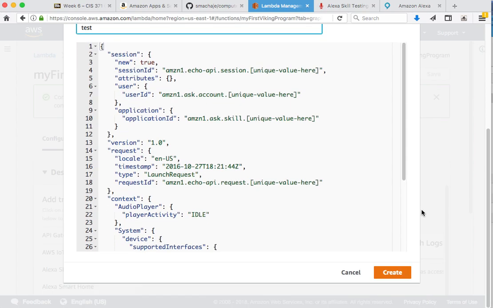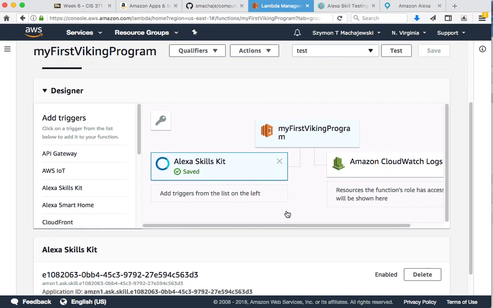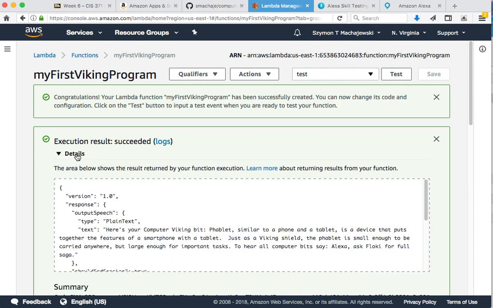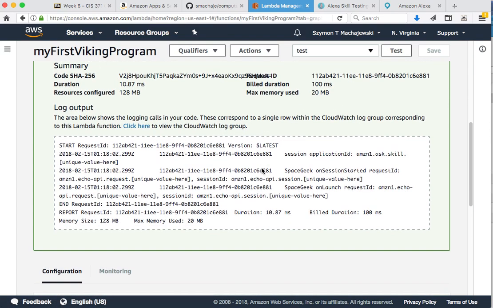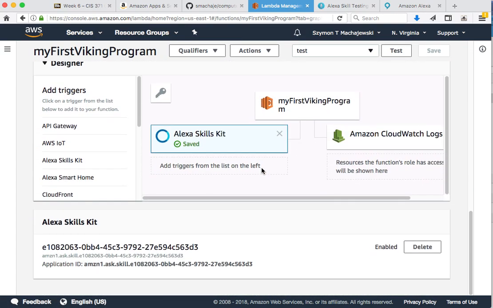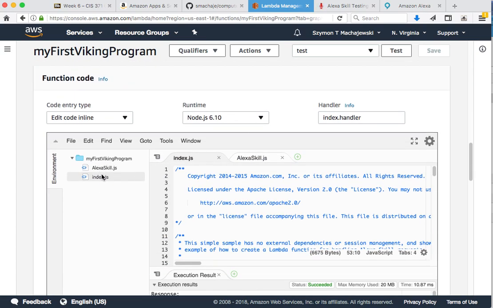Let's call that test, and this test event will be then at the top of the function, and when you press test, basically these green marks on the left tell me my syntax is fine, and when the Alexa service actually calls this function, things should work. And so this at least gives me confidence that my code, let's go back to the function, these files are in working order. All right,